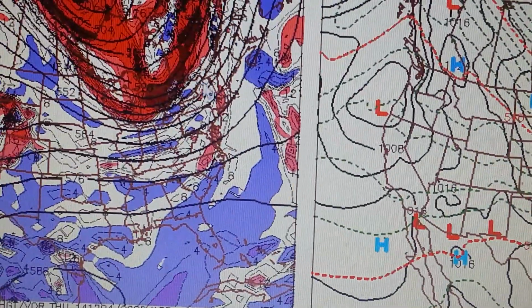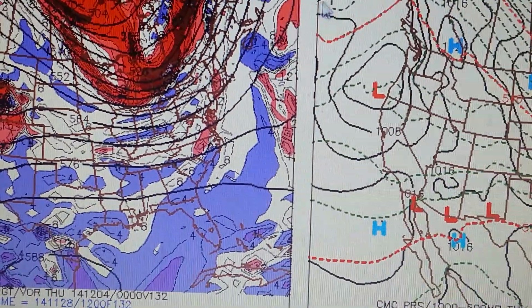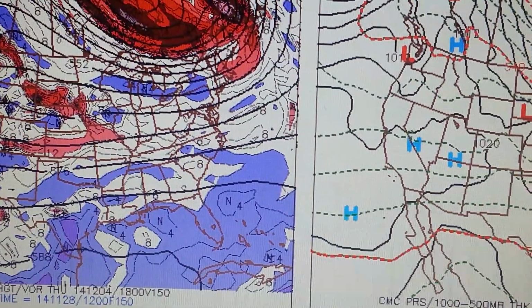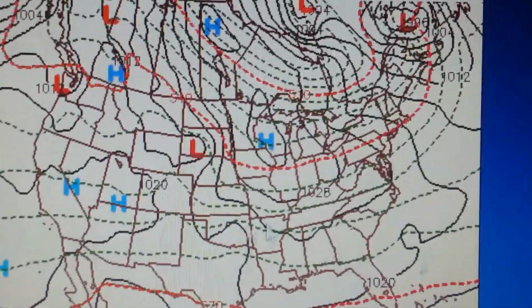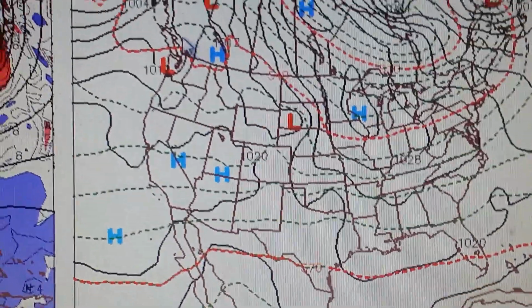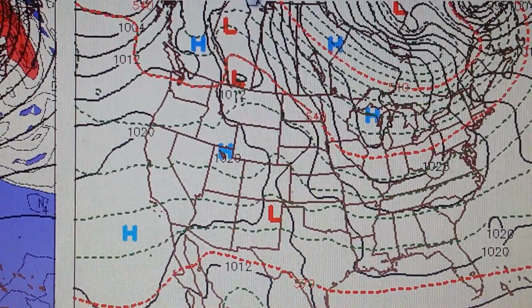Okay, so this trough, which brought us the rain Wednesday during the day, is going to move through by Thursday morning. And again, on the opposite side of a trough, you always have a new shot of cold air coming in. And here's that shot of cold air, delivered by this high pressure and delivered by the cold front that was out ahead of this trough. So now this high pressure is going to settle in for Thursday